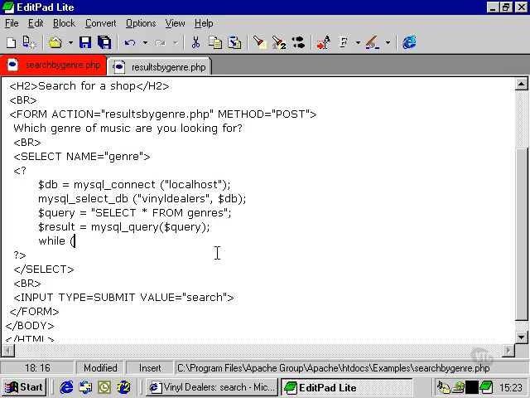And we're going to use a while loop to run through each of the rows in our result,